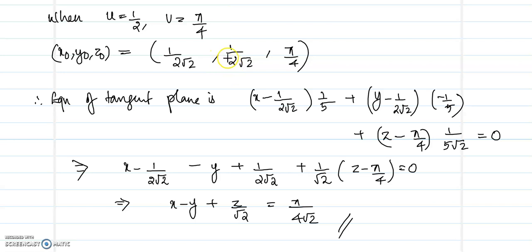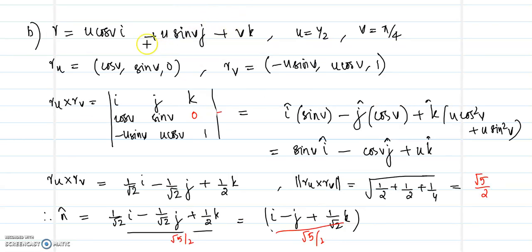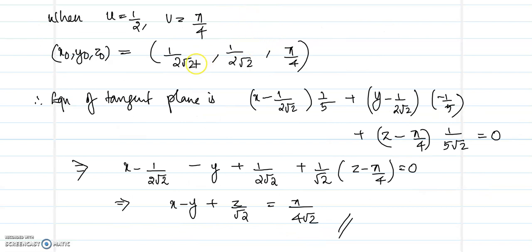And now let us substitute the values of u and v. So u is 1 by 2 and v is equal to pi by 4. So the values of x naught, y naught, z naught are going to be 1 by 2 root 2, here also 1 by 2 root 2, and pi by 4. So that is the value of x naught, y naught, z naught. Let us now write the equation of the